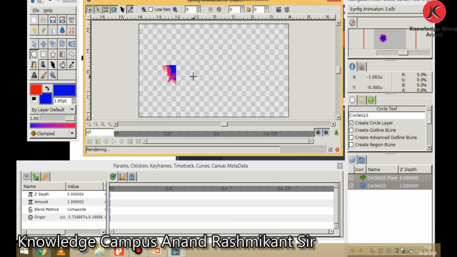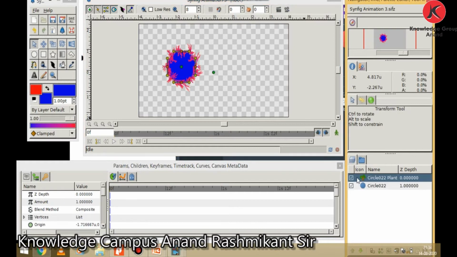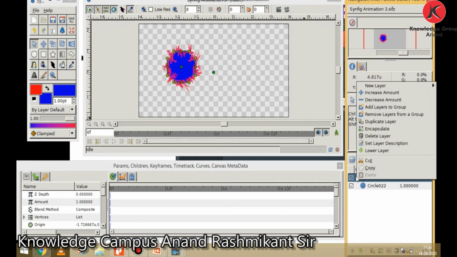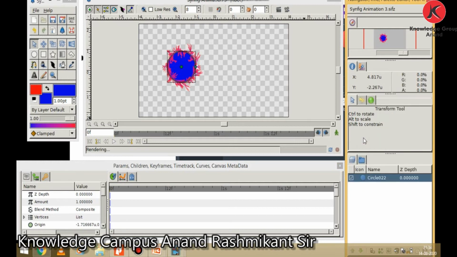Then you can see our circle is ready. Once again, if you want to remove a layer, you should delete its layer. So right click on it and choose delete layer.